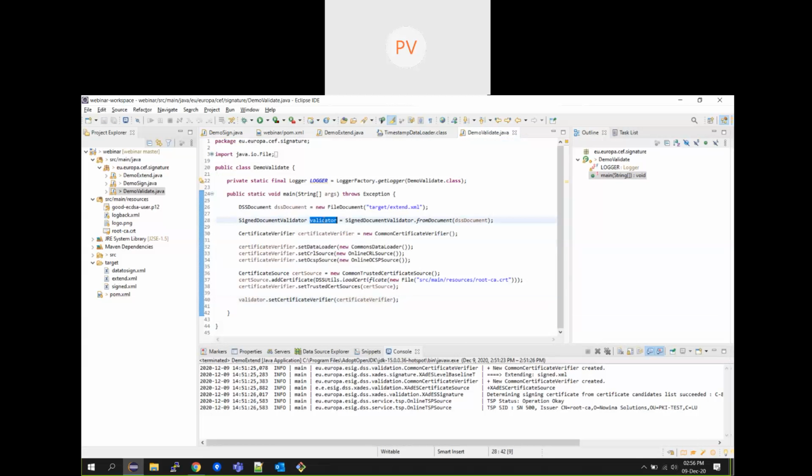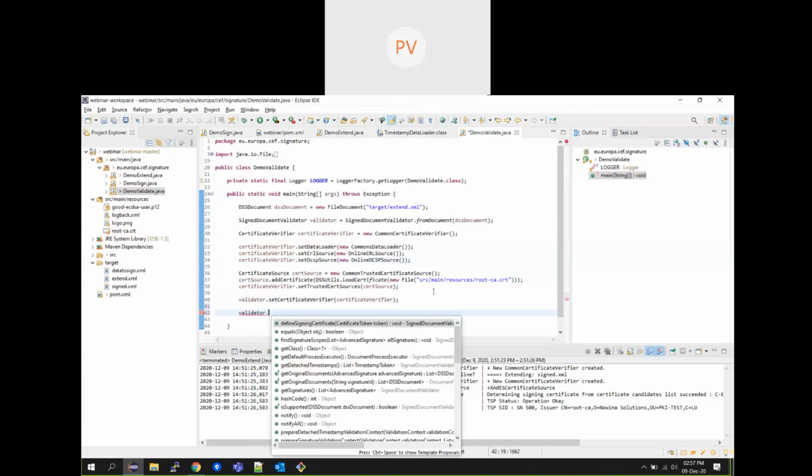My validator is configured with a certificate identifier and several needed information. So the data loader to retrieve missing certificates from AIA in the certificate. The CRL source allows me to download CRL. The OCSP source, which will allow you to request OCSP responses, and my trusted certificate source with my trust anchor. So to validate, I need to call validate document,